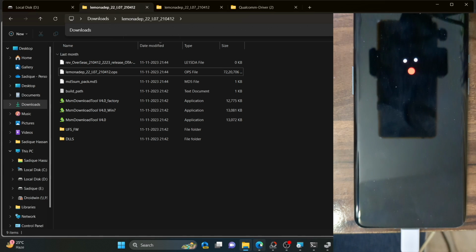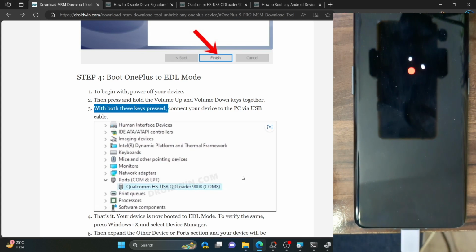Moreover, as I told you before, the bootloader will be locked in every phone after flashing by MSM tool. So you will have to go to developer options. For that, tap on build number 7 times. It will enable developer options. Go there and enable the toggle next to USB debugging and OEM unlocking. Then you will have to use the adb reboot bootloader command to boot your phone to fastboot mode. Then use the fastboot flashing unlock command and use the volume keys to highlight unlock the bootloader and press the power key to confirm. With this, the bootloader will be unlocked, and then you will be on the safer side.